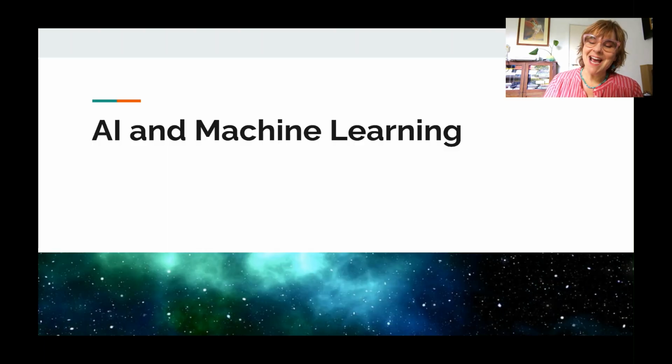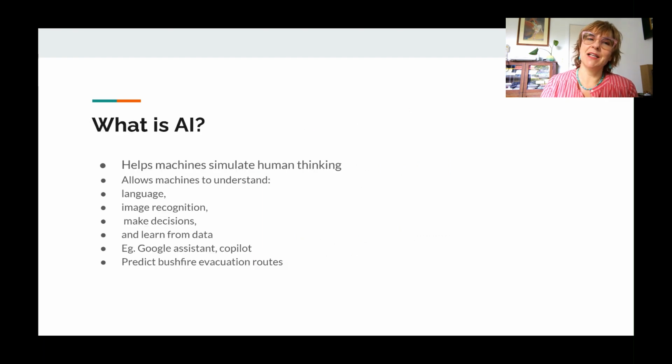We're going to talk about AI. So, AI and machine learning. AI is the overall term, and machine learning is a subset of AI. So, what is AI? It helps machines simulate human thinking. It means that there's some complexity to the thinking and allows machines to understand language, image recognition, make decisions, learn